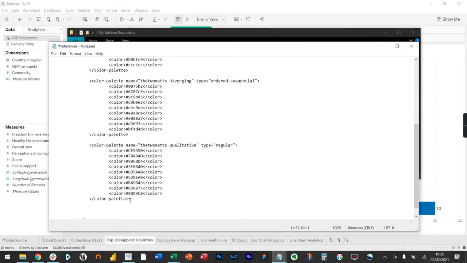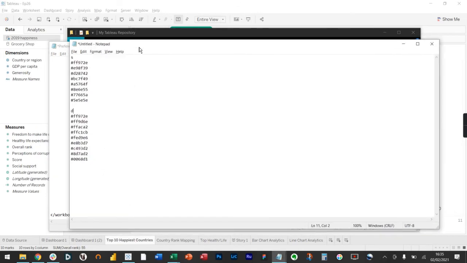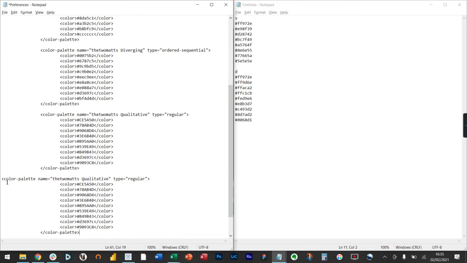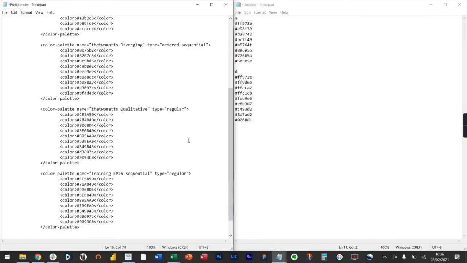So if we get our other pad up, put that over here, we can copy these in. So if I copy this, we can then call this the training Ep26 sequential, and sequential, you want to be ordered sequential,